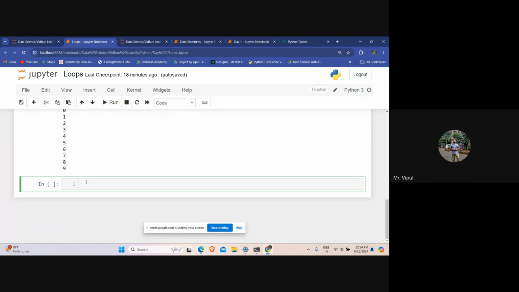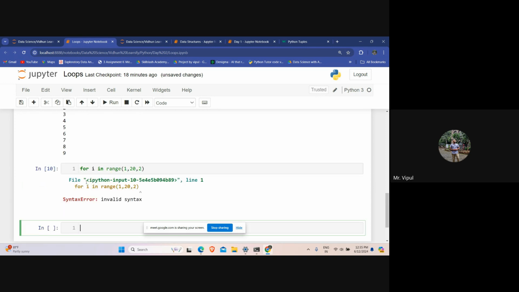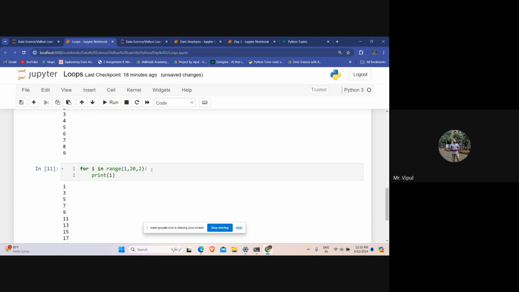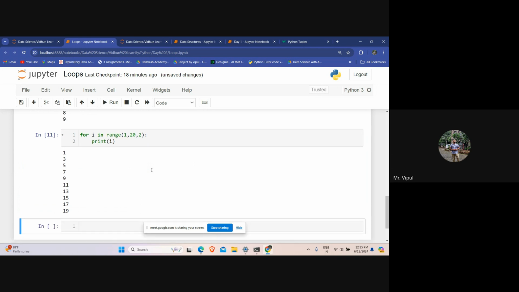Now, let's say I write for i in range 1, comma 20, comma 2, print i. It will print the odd numbers from 1 to 20. How this is happening is, the first one is the start point, starting from 1.